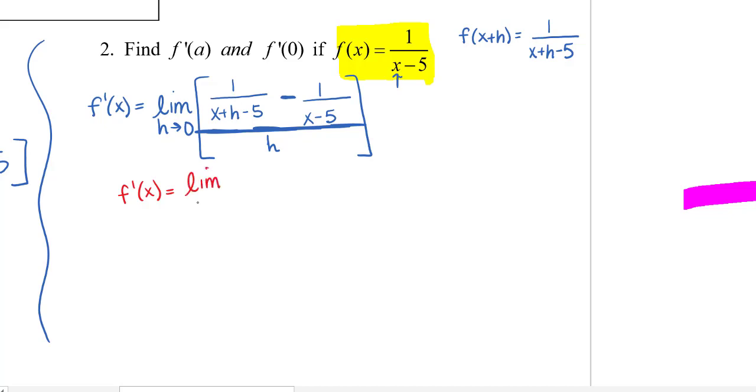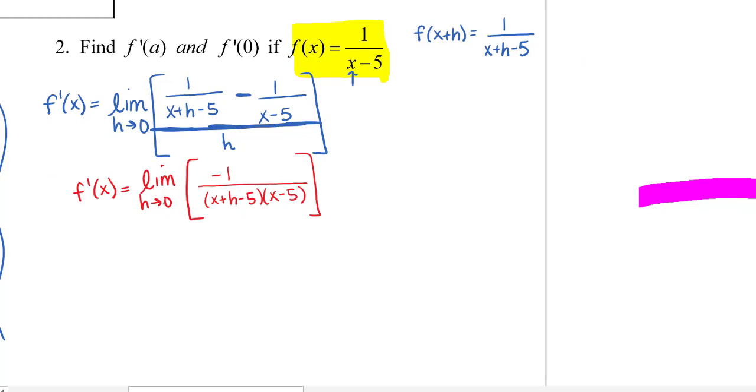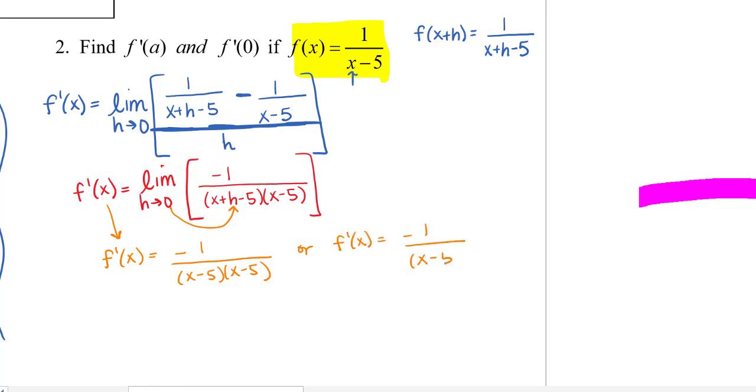I'm going to keep the limit as h approaches 0, but I'm going to copy down what the difference quotient part simplified to from that previous problem. Now I can substitute 0 in for h because I have removed that discontinuity. So I'm not going to write down the limit, but I am going to write f prime of x because that's going to carry down and name my function as a first derivative. But since I'm substituting in 0 for h, I don't have to write the limit at this point. So it'll be negative 1 over the quantity x minus 5 times the quantity x minus 5, which I can also write as f prime of x equals negative 1 over the quantity x minus 5